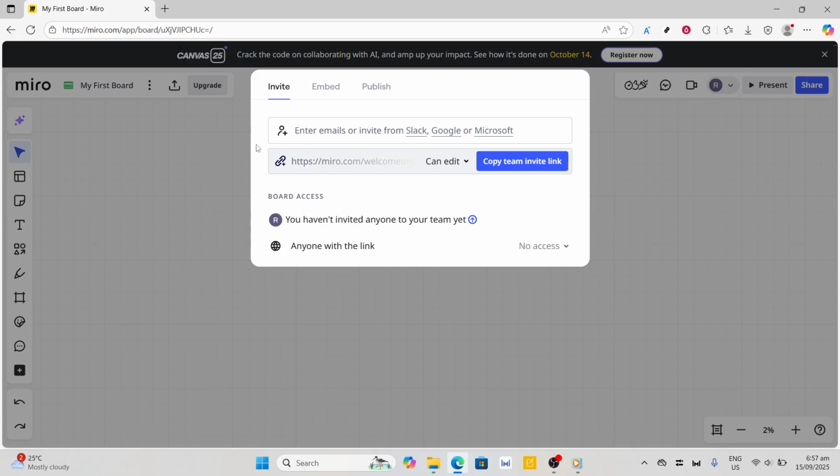Alternatively, you can enter email addresses directly into the sharing menu. This method doesn't only send an invite directly to the person's inbox, but helps you keep track of specific individuals you've chosen to collaborate with. It's a more controlled way of keeping your sharing